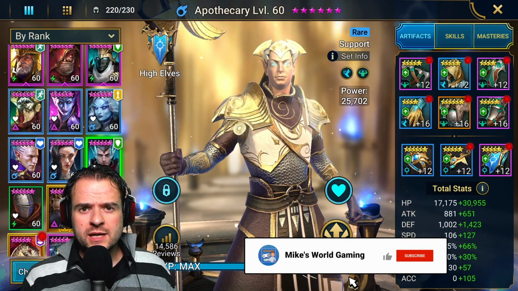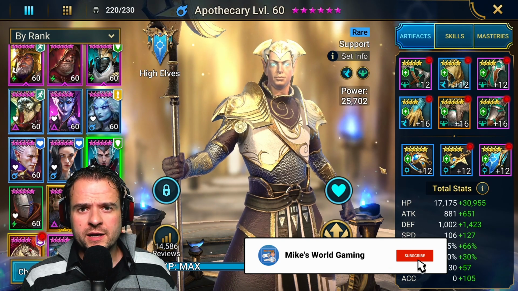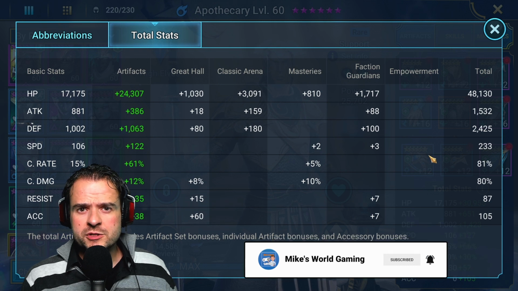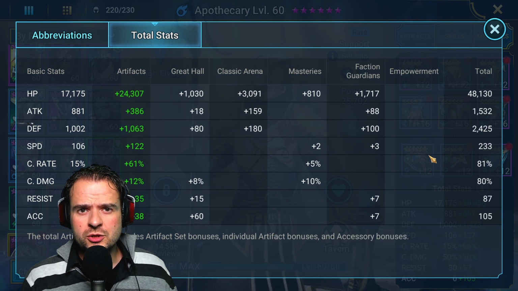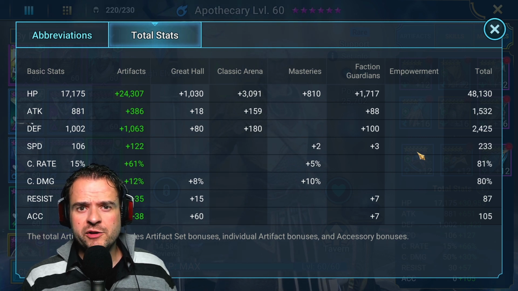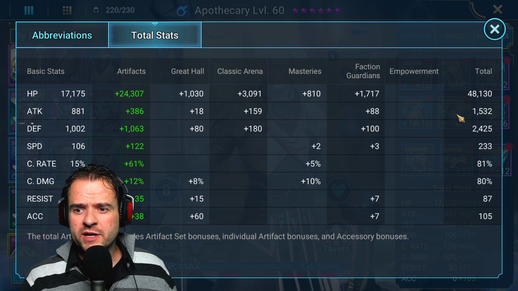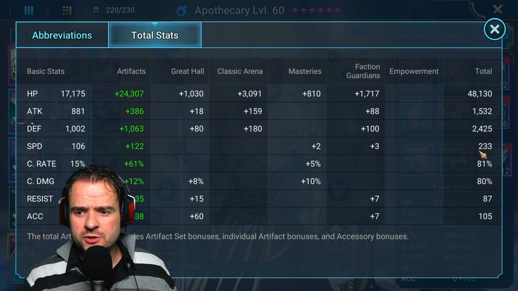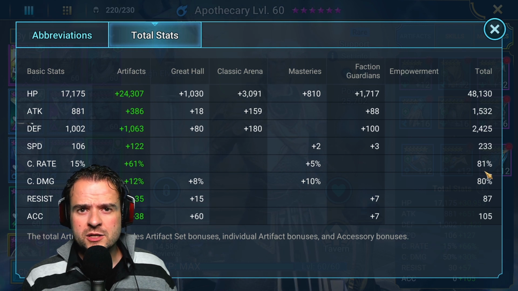Okay, so let's now take a look at how I have built my Apothecary. Because Apothecary has no debuffs to be placed, accuracy is absolutely not an issue when building an Apothecary. So what we want to do is we want to build him tanky and very fast indeed. So what I've done is I have built him with 48k HP, 2.5k defense, 233 speed. I also gave him a little bit of crit rate, so his heals can be critical a lot more, providing